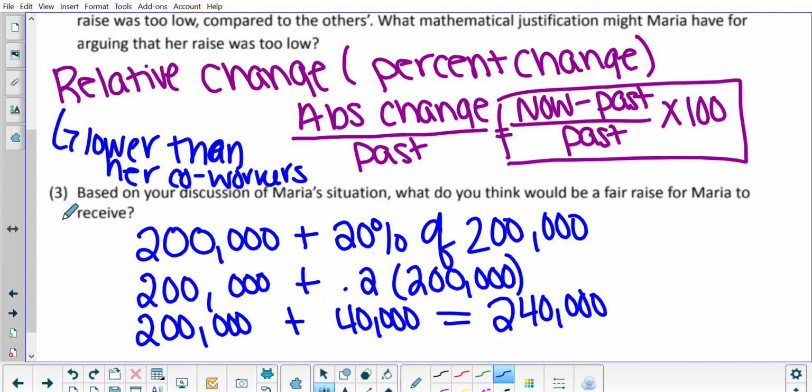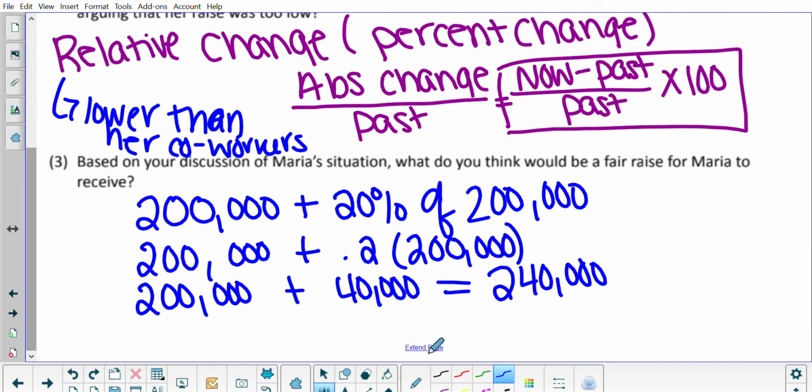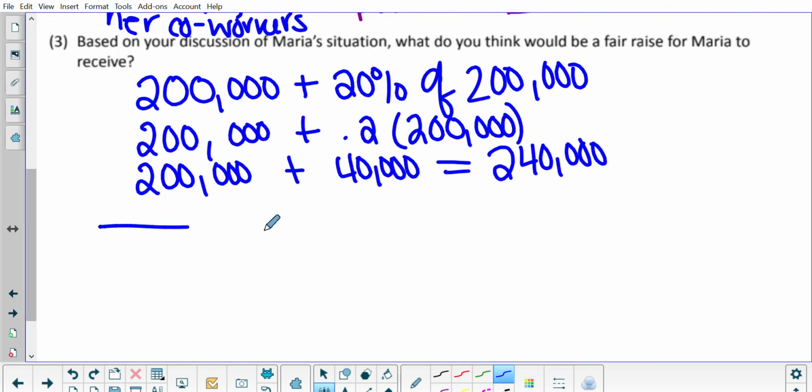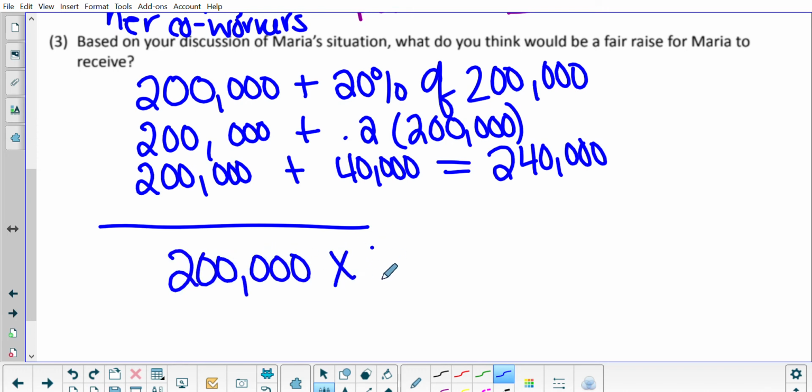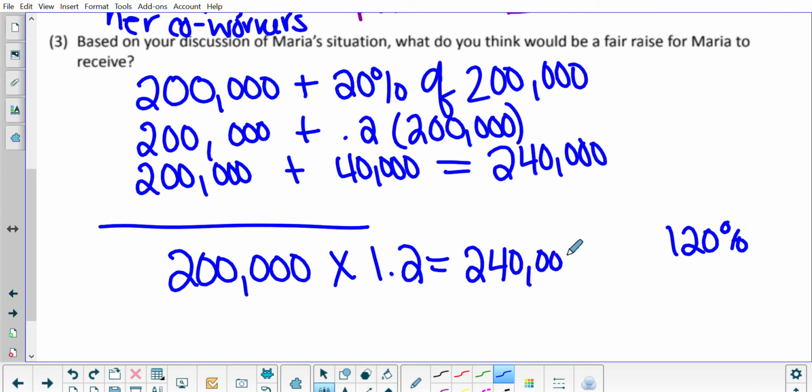Okay. Another way that you could have done this, and this is not the only way, is you could have taken your 200,000 and multiplied it by 1.2. Because really if I'm increasing by 20%, I'm really increasing to 120%. That was from lesson 1.3 maybe, on how we did that. And then we don't really have to add it to anything because we get the right